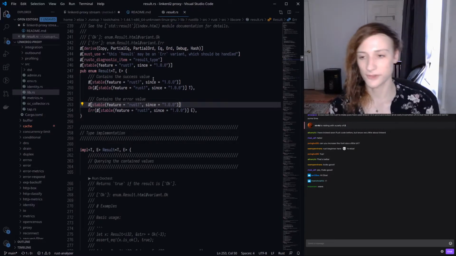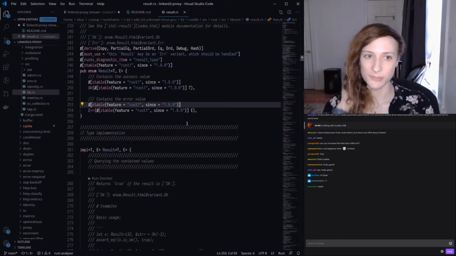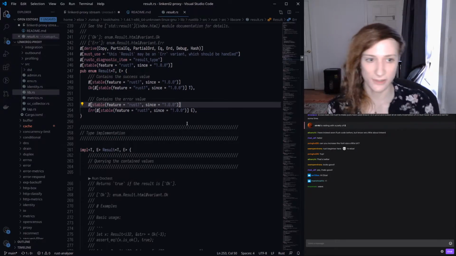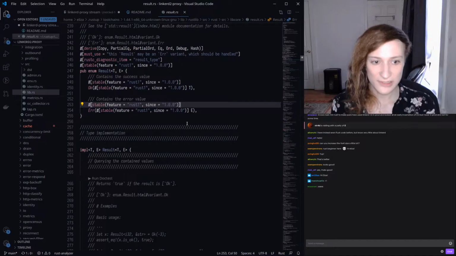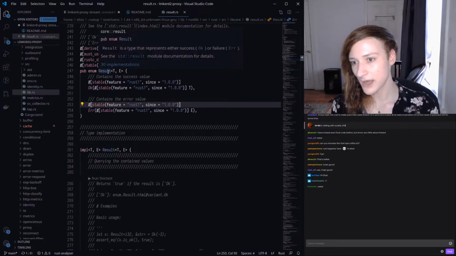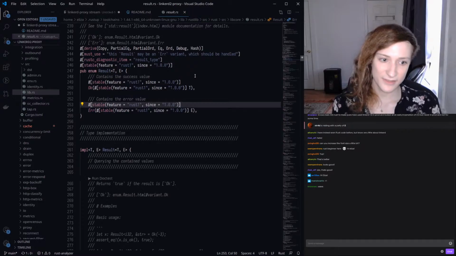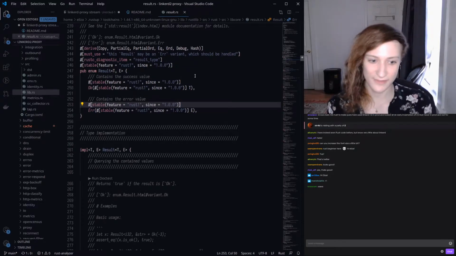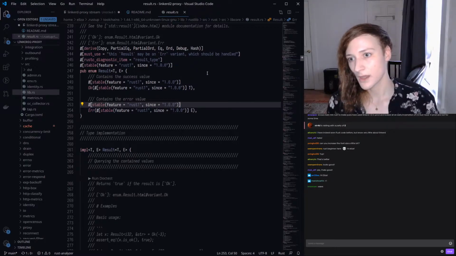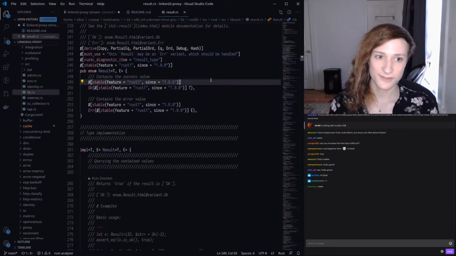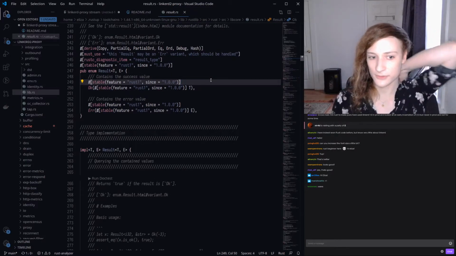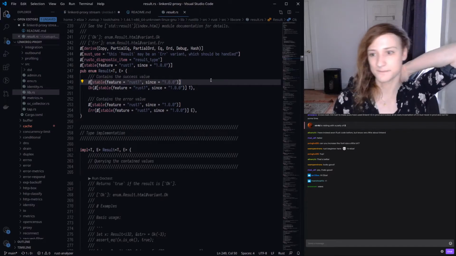It's an either type, but the naming of the Result type is specific to it's either a success or an error. So if you've written Scala, this type in Scala is called Try. If you've written any Haskell, this type is called Either, and it's just conventional that one arm of the Either is the success and the other side of the Either is the error. And if you have not written Scala or Haskell and you are more familiar with imperative object-oriented languages, this probably looks pretty weird to you.